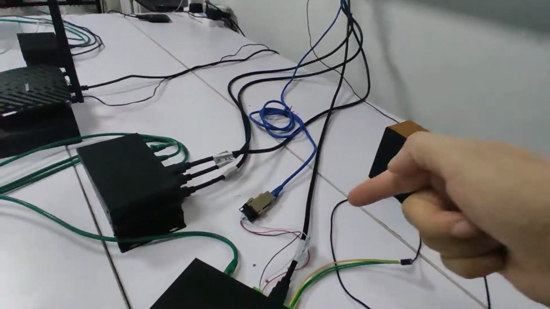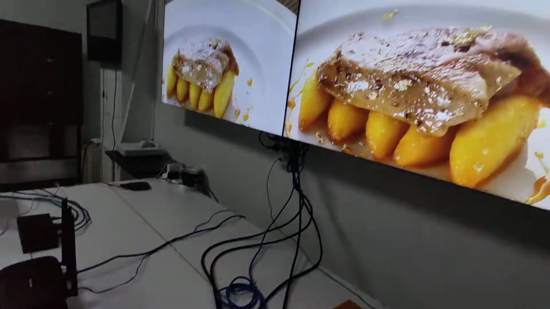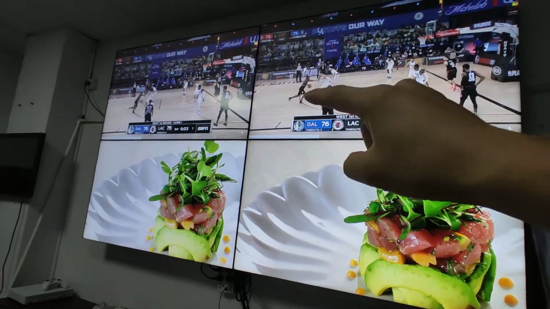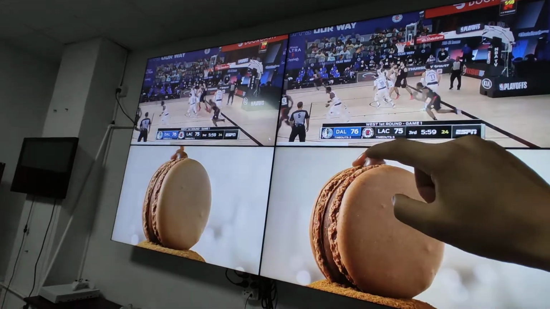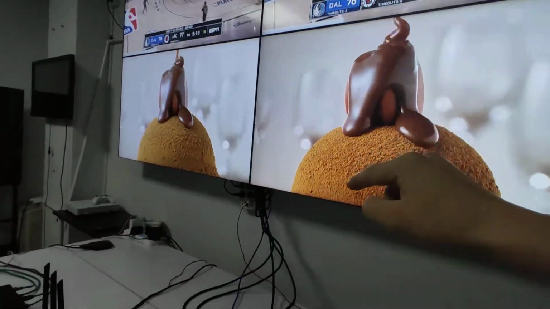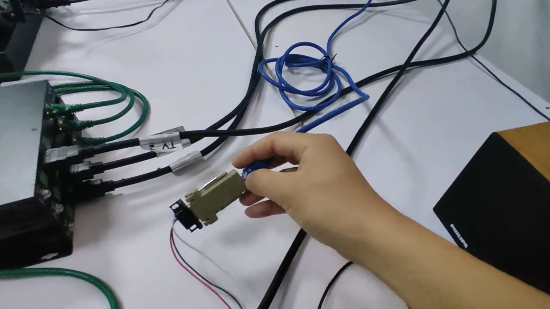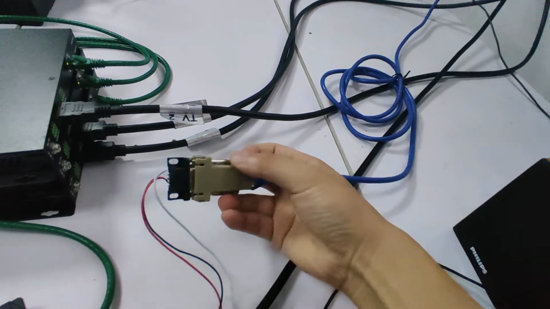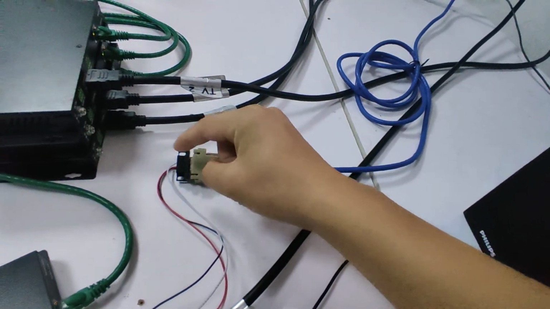For the settings, basically we use the line cable just behind the screen. We actually have the OST2, and we have the daisy chain between these four displays using line cable. Then it's coming down, then the line cable, then we have this RJ45 to OST2 adapter. So we have this one here, then we got this one. We can just